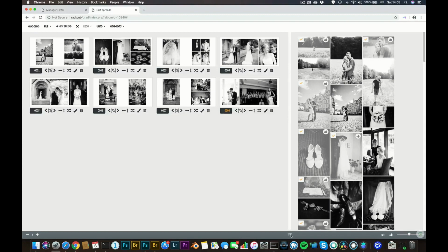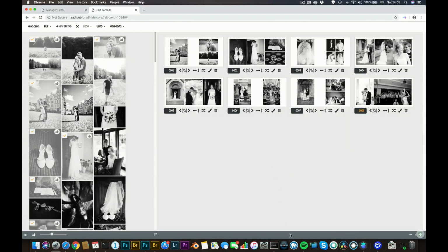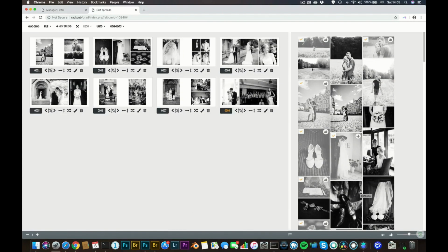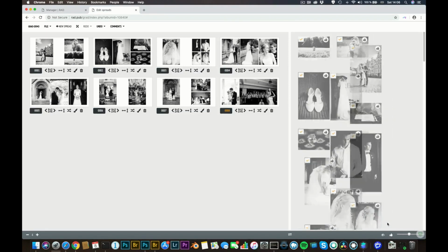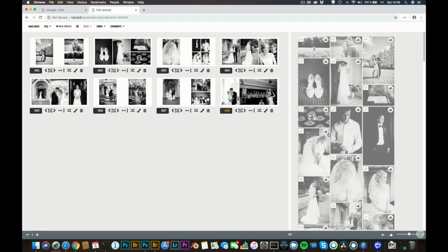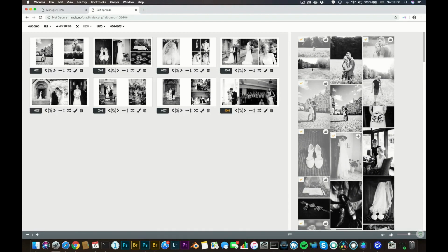If you're left-handed, or if you prefer, you can have the photos on the left and the spreads on the right. You can have gallery selected photos denoted by the thumbs up. You can have them first in your list of photos. Otherwise it's the sorted order of your uploaded photos, and the file name will appear when you hover with the mouse over the photo. You can change the size of the photos,